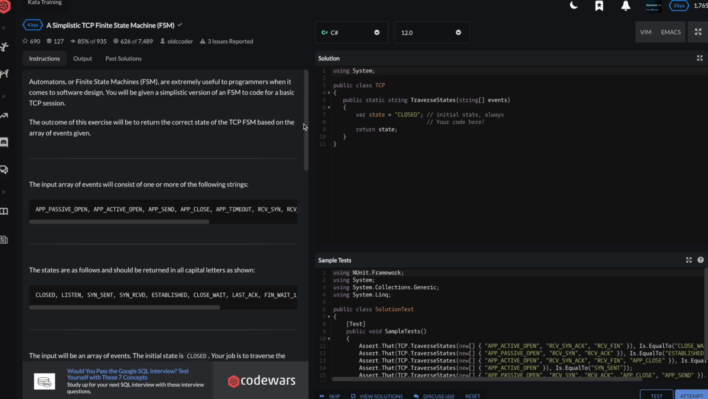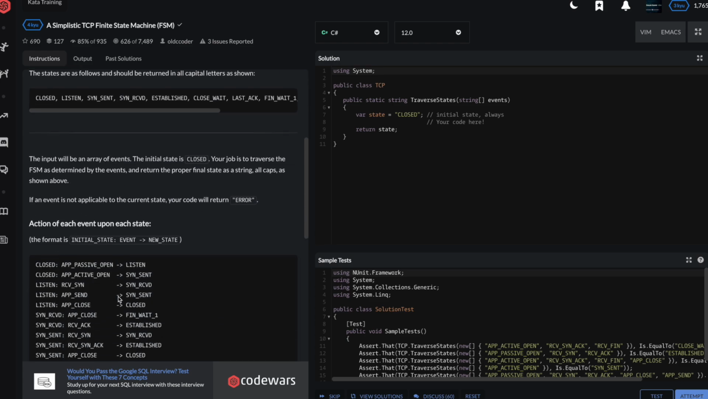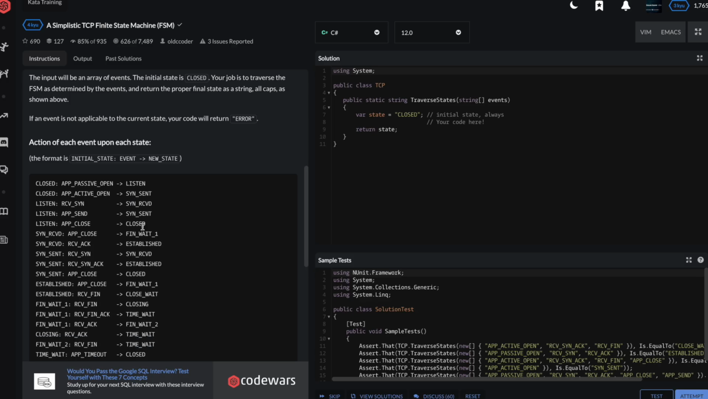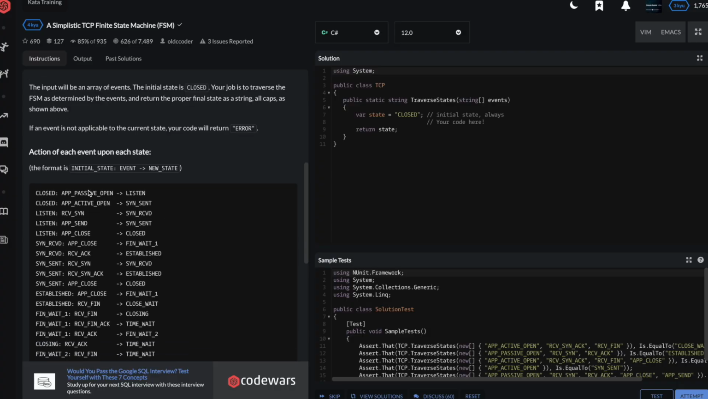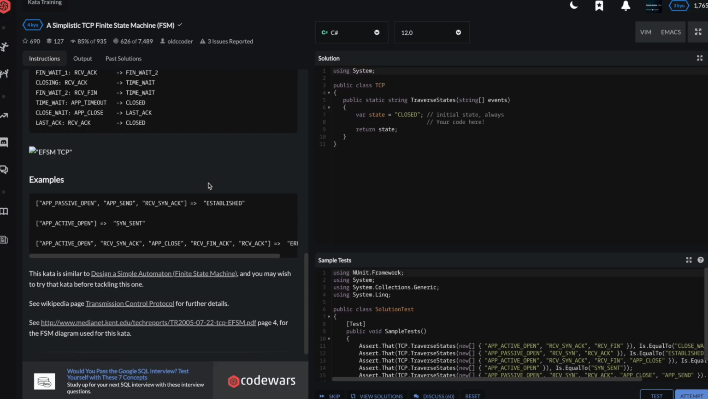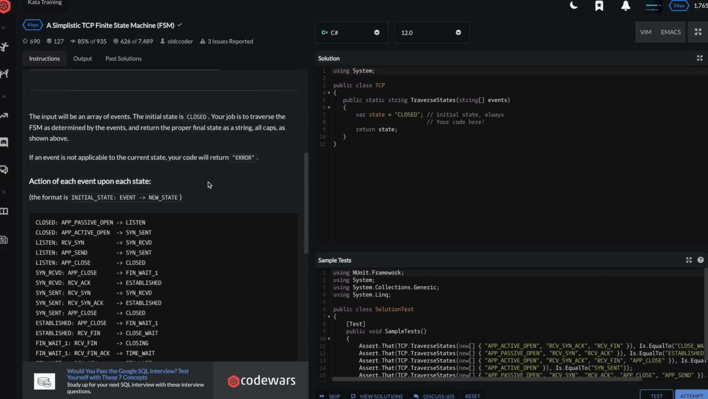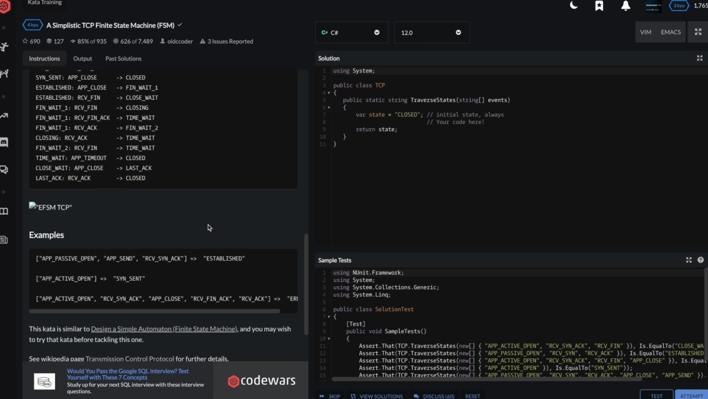As usual, I'll leave you to read the description, but just note that they give us a bunch of events and a bunch of TCP states, and we'll use that to set up this state machine that will have defined transitions. So based on your current state, if a particular event happens, you transition to a new state. It will be possible for an event to occur when it shouldn't, and we're responsible for returning a string that says error, I believe. I would say here, yeah, in all caps, ERROR. But yeah, that's it in a nutshell. I think it's